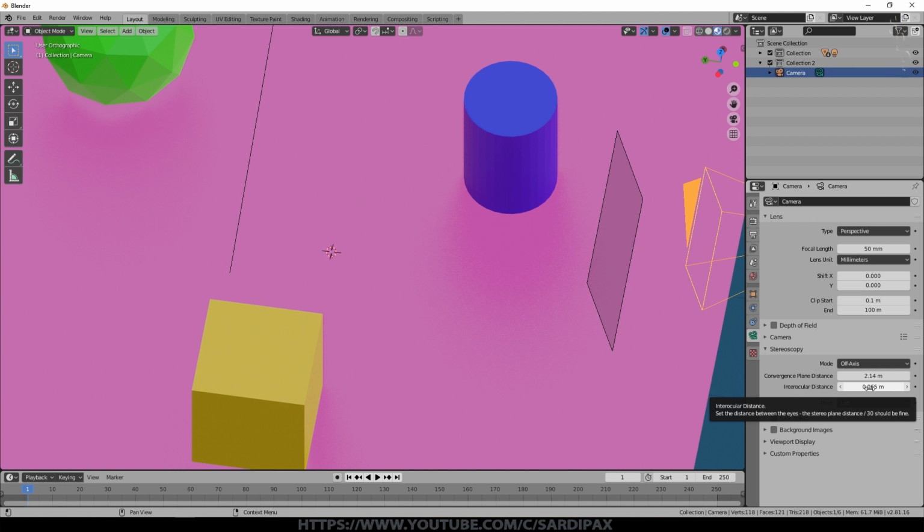That said, if you want realism, you probably need an interocular distance that is appropriate to the scene you've created. So if you've created a scene and you've stuck religiously to a unit of measure, so the scene is in meters and you're representing a room, then you need an interocular distance that is representative of a real interocular distance.